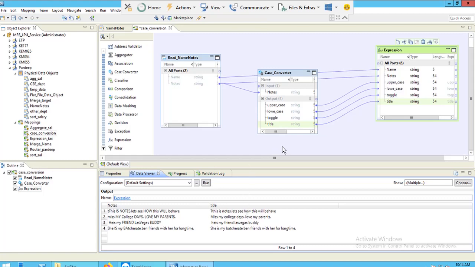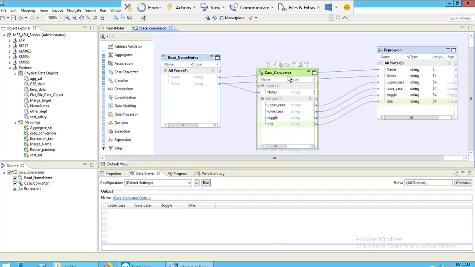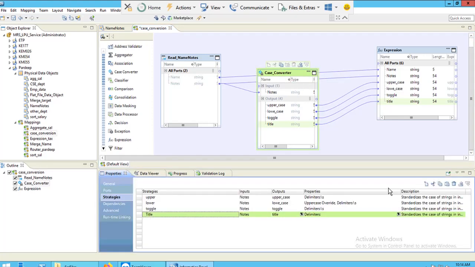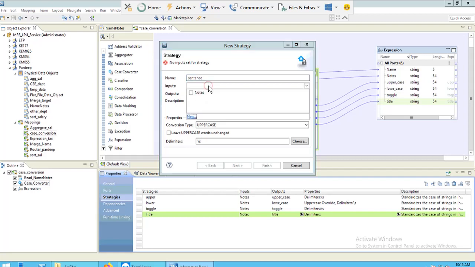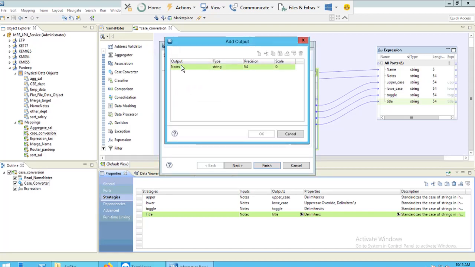Now let's start with the last conversion type, that is the sentence type. Select your case converter transformation, go to the properties, and add one strategy here. Strategy will be sentence, input will be notes, and output you can give any name here, sentence.